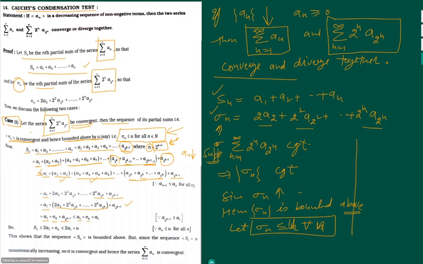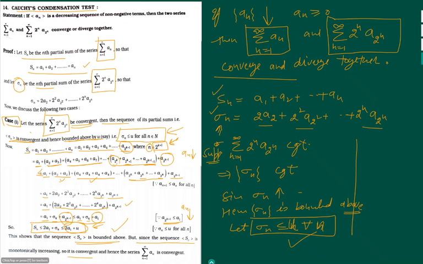this a1 plus sigma k plus a of 2 raised to the power k plus 1 is less than or equal to a1 because this sequence is monotonically decreasing, so you can replace it by a1 here. Alright, so ultimately we have got that Sn is less than or equal to 2a1 plus sigma k, and sigma k is less than or equal to u, so Sn is less than or equal to 2a1 plus u. That means Sn is bounded above, and also Sn is monotonically increasing. Since Sn is monotonically increasing and bounded above, it must be convergent.